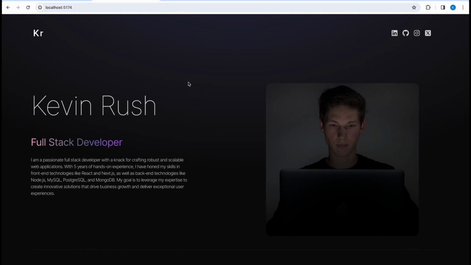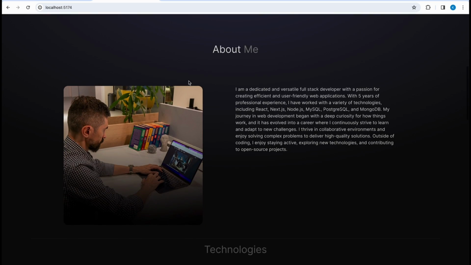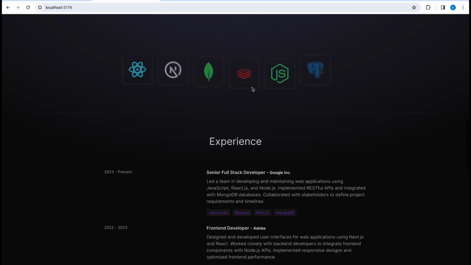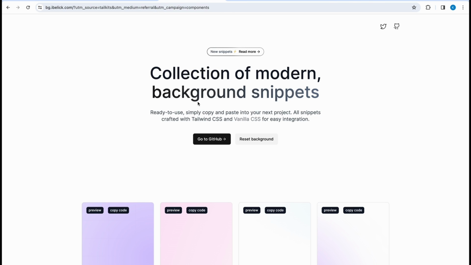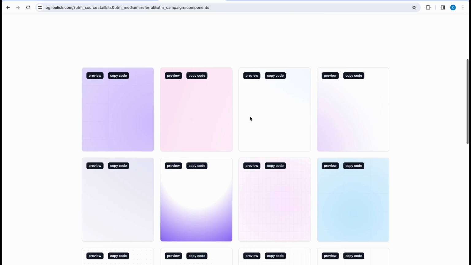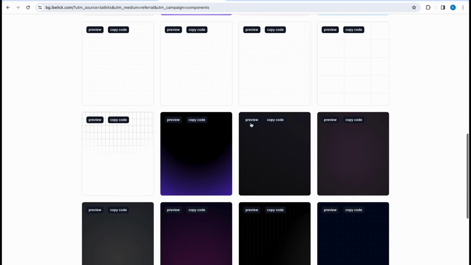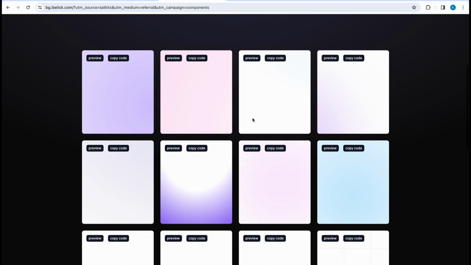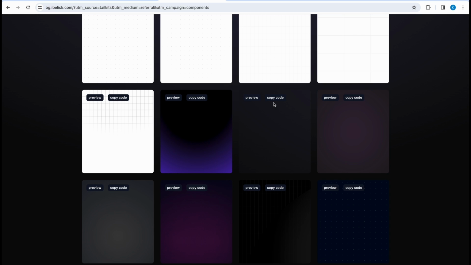Now if you look at the final version, the site has a beautiful black color background with a radial blur that is fixed. For this, I have used a Tailwind background snippet from the website iblick.com. I'll add the link in the description. This website has a collection of background snippets that you can simply copy and paste in your application. The one that I'll be using is this black background snippet. So I'll copy the code from here